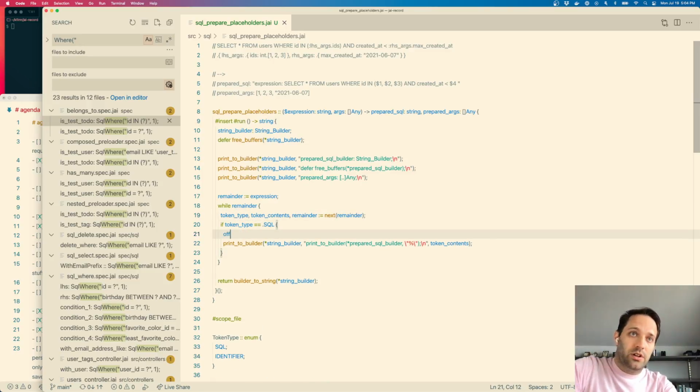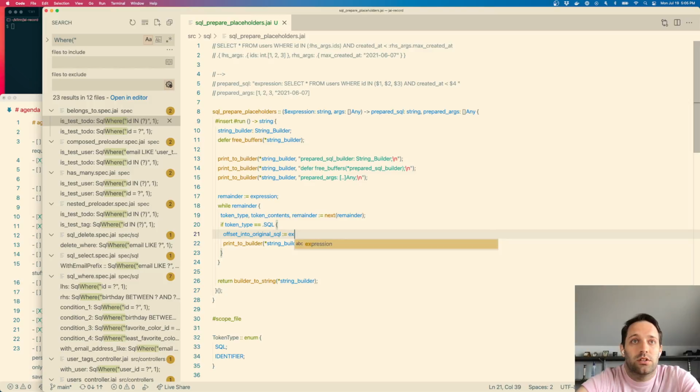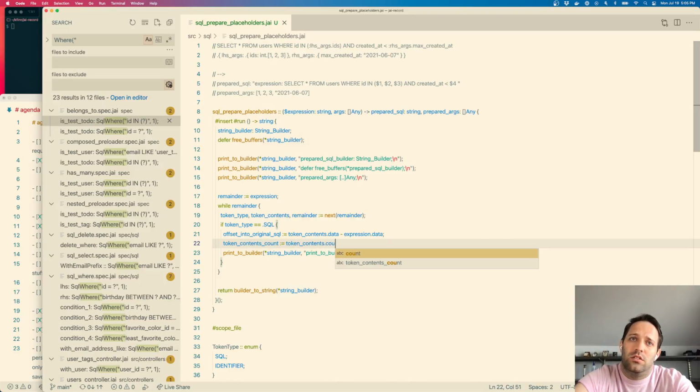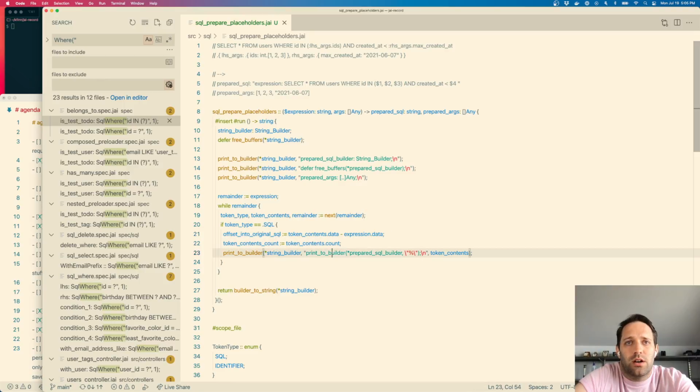If we got SQL, we know the offset into the original SQL is going to be token contents dot data minus expression dot data. And if we wanted to just copy that chunk of memory, we could. So here we would say slice